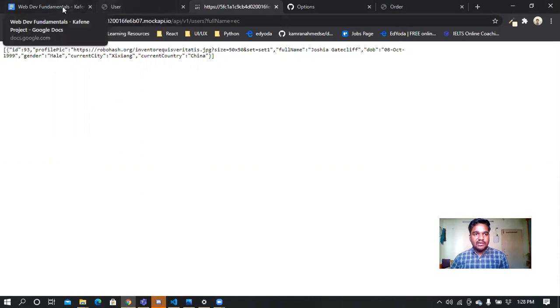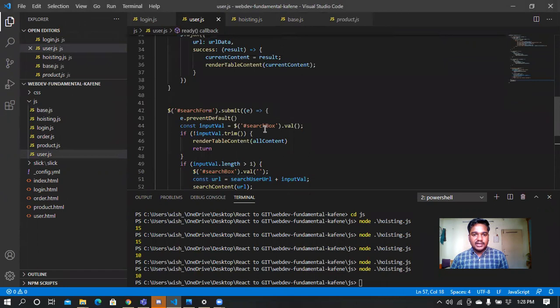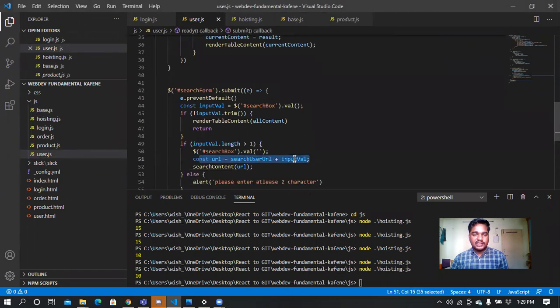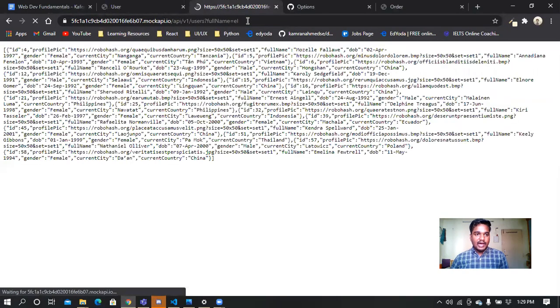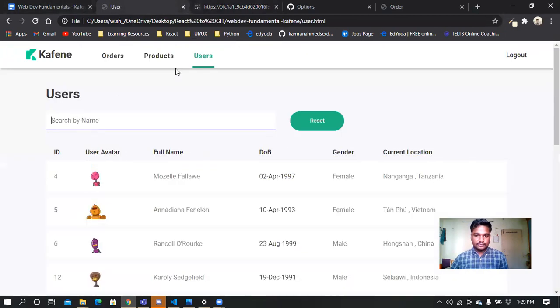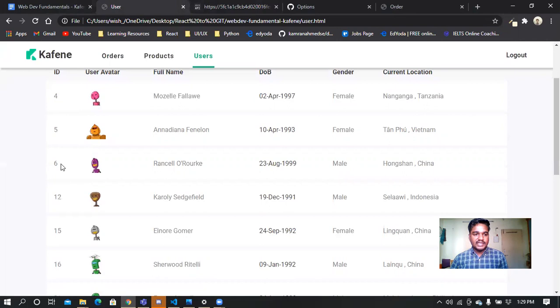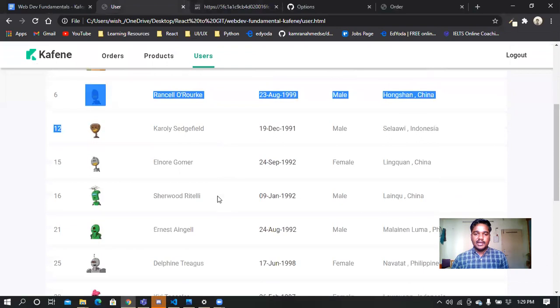So it's the same thing. The search functionality works automatically. We are just passing the data through the URL, and accordingly it will search. So this is the user functionality. Let me give one more example. I type EL and I get many records. Similarly, I typed EL in here and I get many records: IDs 4, 5, 6, 12. I can see 4 IDs present, 12 IDs present, 6 IDs present, and 5 IDs present. So it works accordingly.